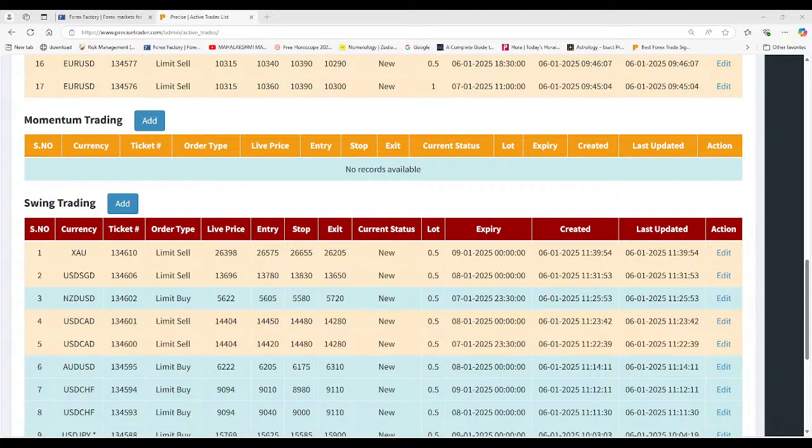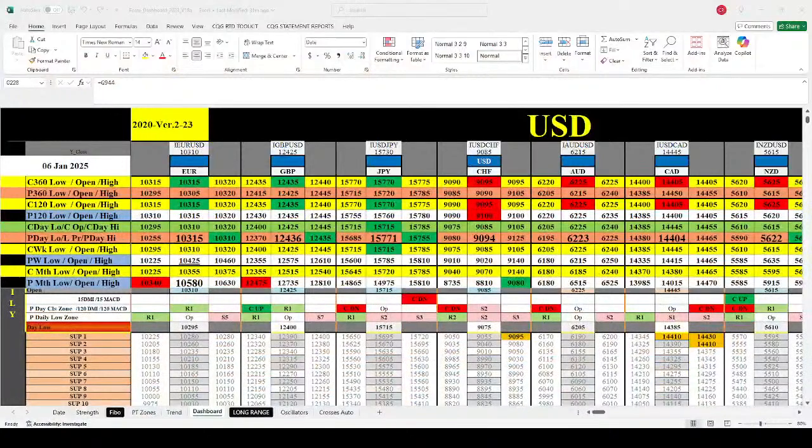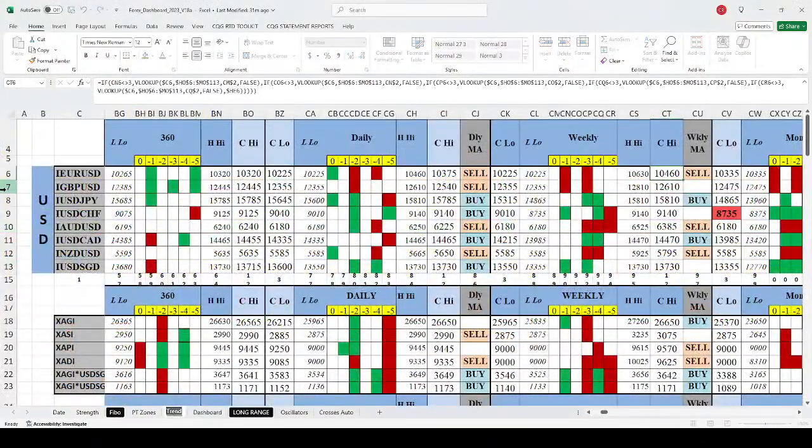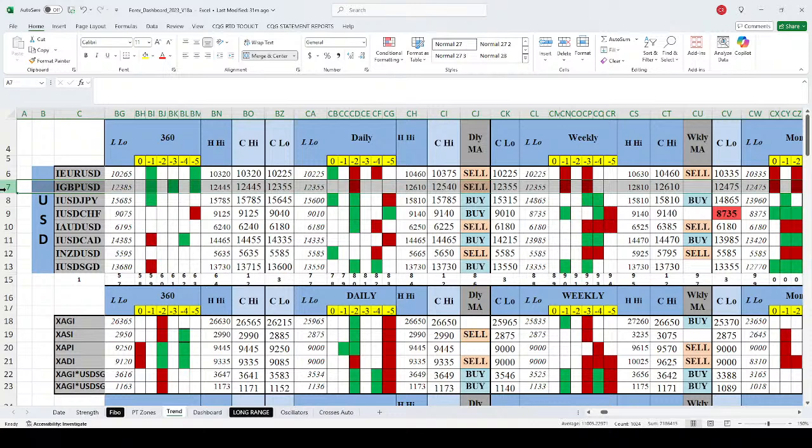Okay, let's move on to the next currency. Pound. The trend is saying your 360 is flat with an upside bias, daily is flat, weekly is flat with a downside bias, and monthly is in a downtrend. Similar, but I think pound is weaker than the euro dollar. The only difference we are trading is in the signals we are getting. Okay, give me a minute.